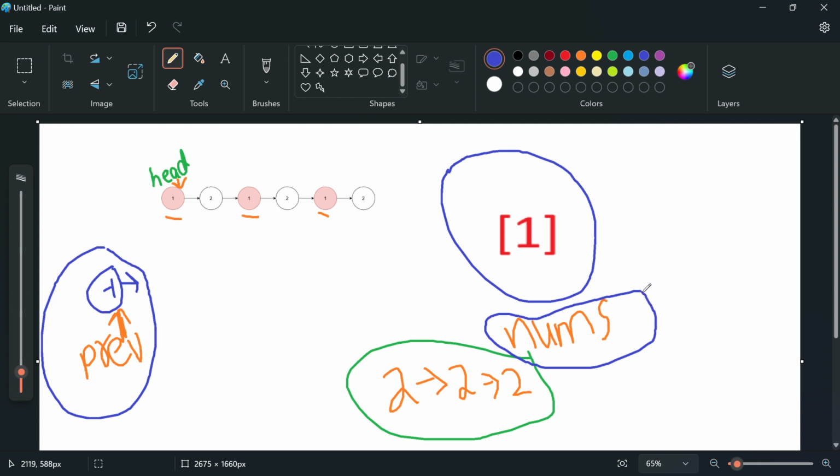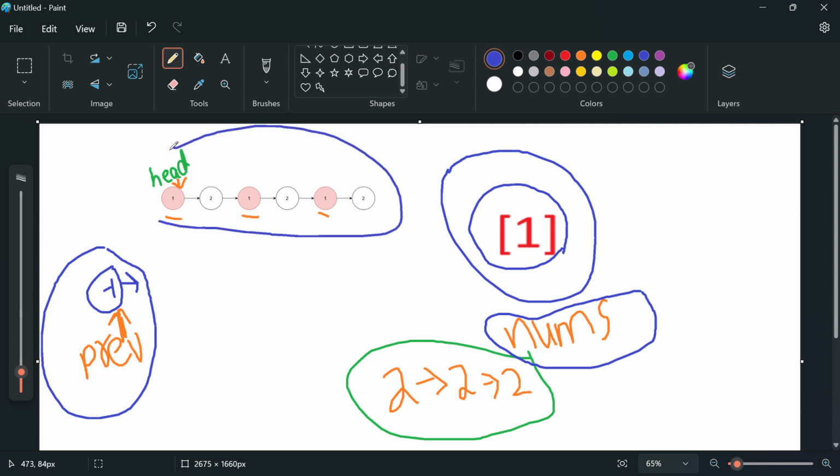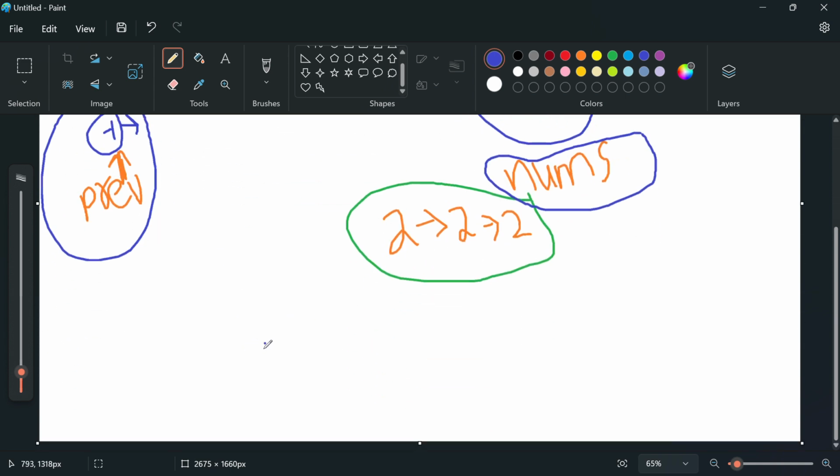So we have to iterate over every element in the nums array, and we have to traverse the entire linked list to remove that element, and it will be of complexity n into, let's say, m, where m is the length of the linked list and n is the length of nums,